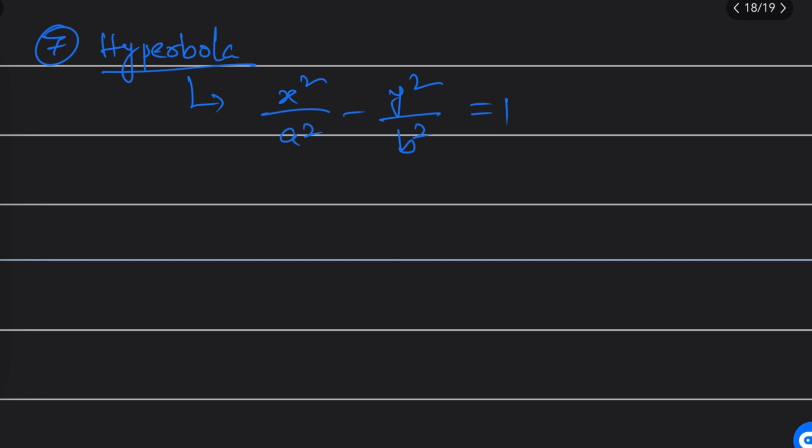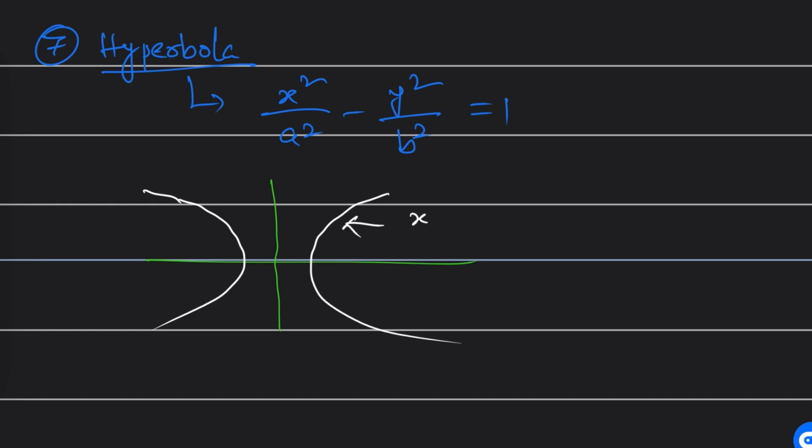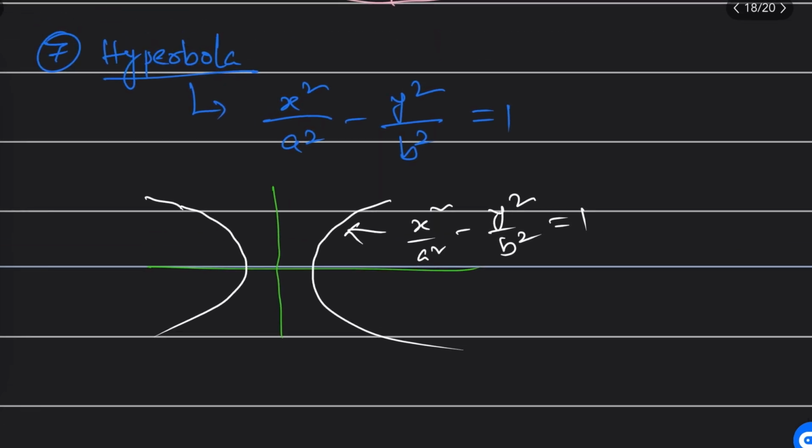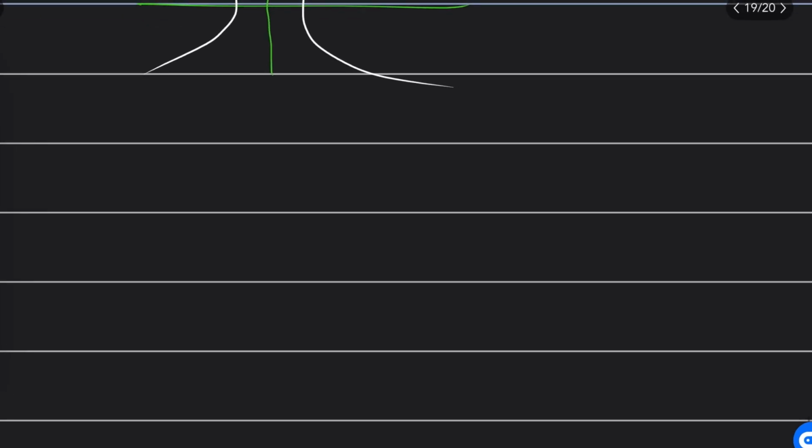Next, the graph of this equation will look like this, sir. I'm showing this, wait, like this and like this, sir. This curve is called hyperbola. Sir, here you should keep in mind that the equation x square by a square minus y square by b square will look like this. This is what you should keep in mind. The hyperbola curves are looking like this. Got it? Next, hyperbola is done.